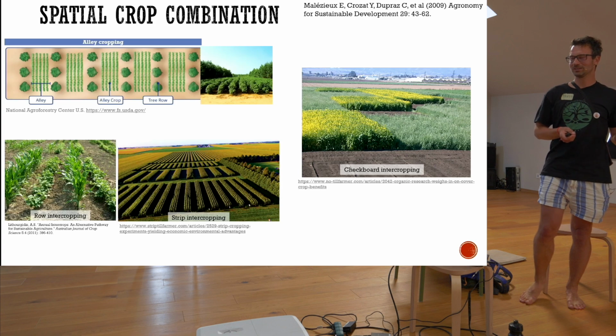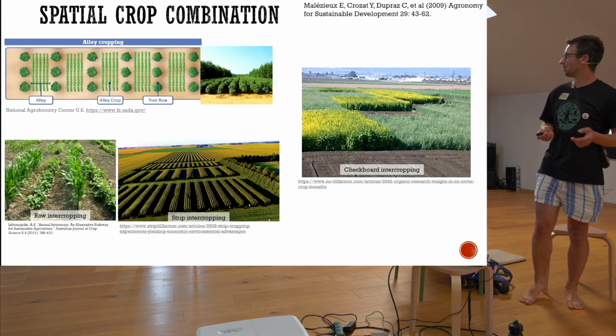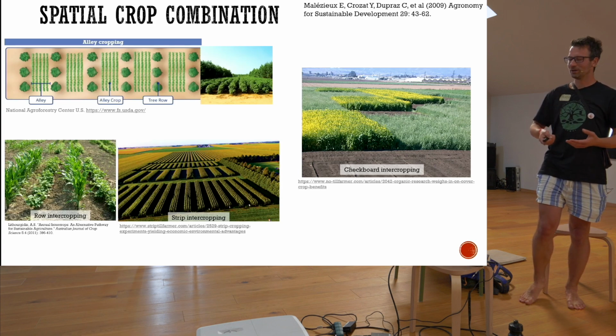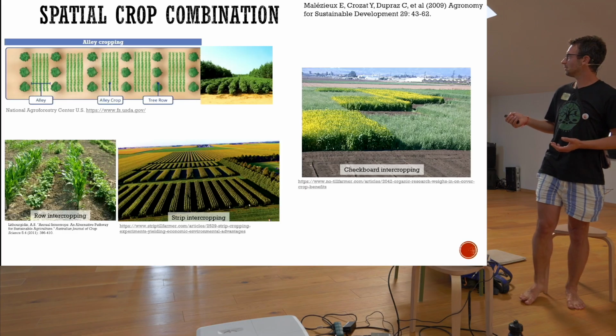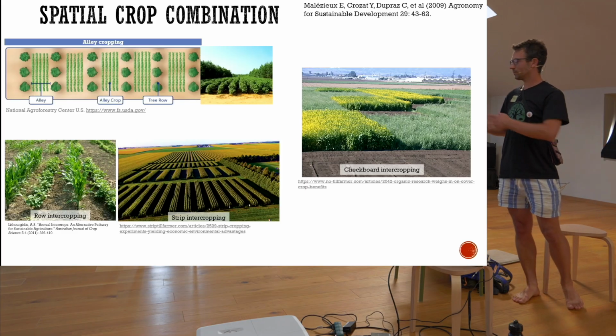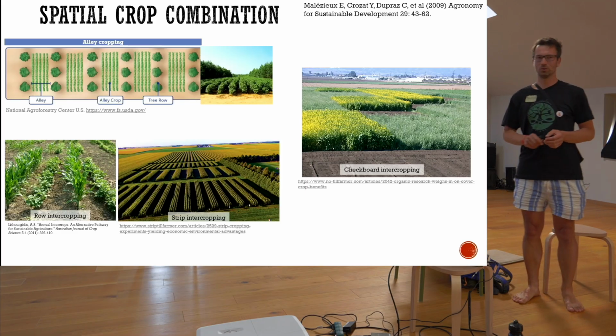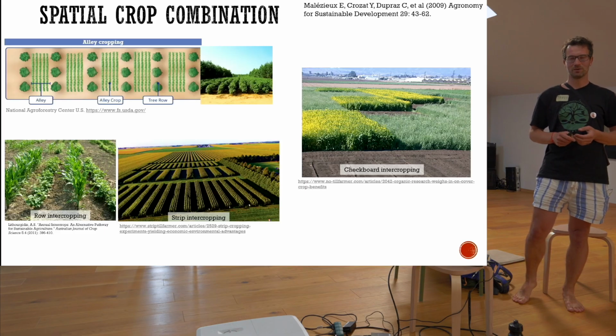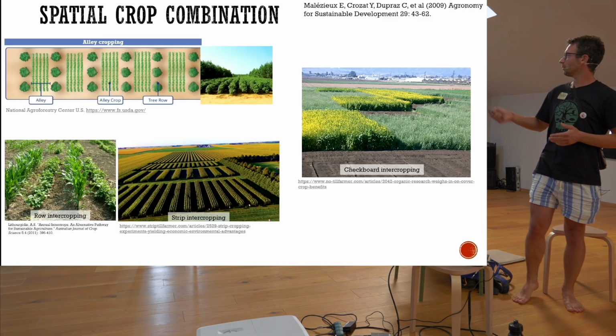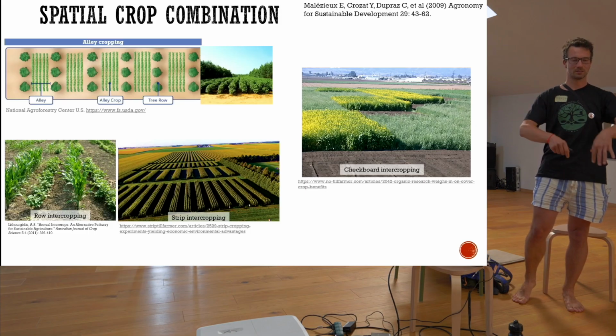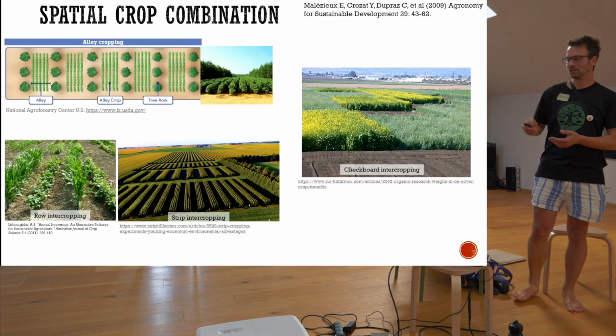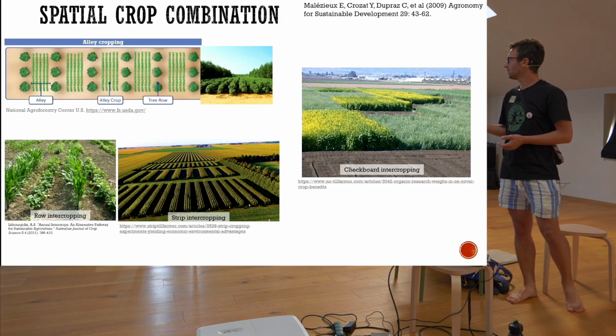Remember that I told at the beginning of my presentation about successional diversity. So you can combine the units of mature orchards with the units of young orchards, where you have enough light to grow some flowering cover crops beneath these trees, and this way you can encourage the pollinators.